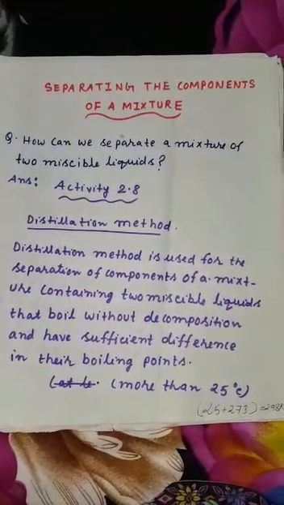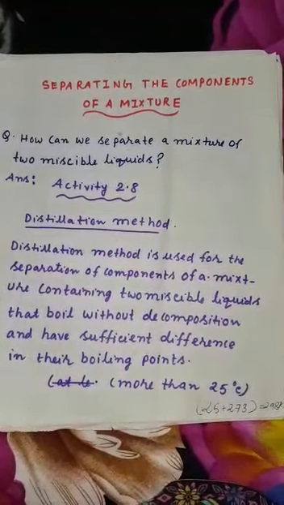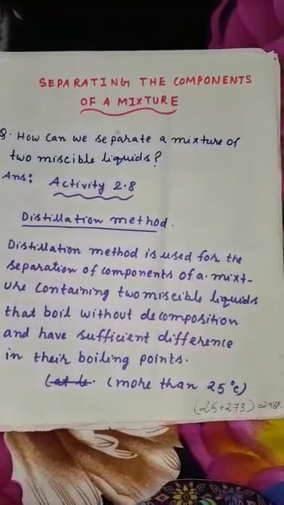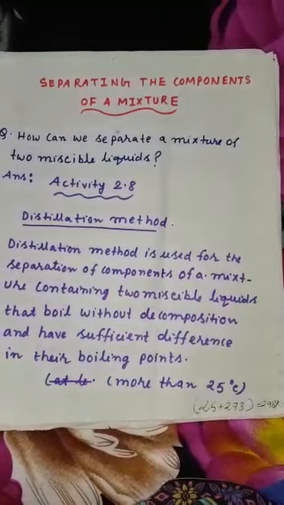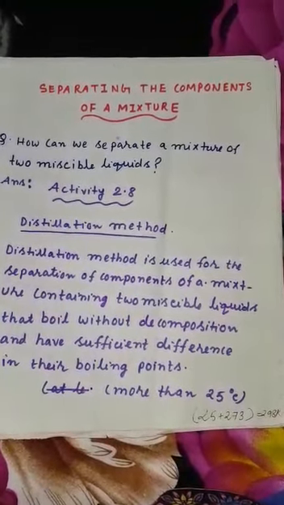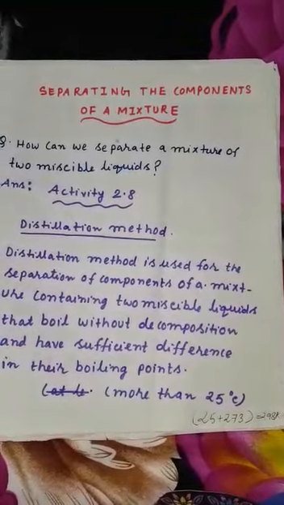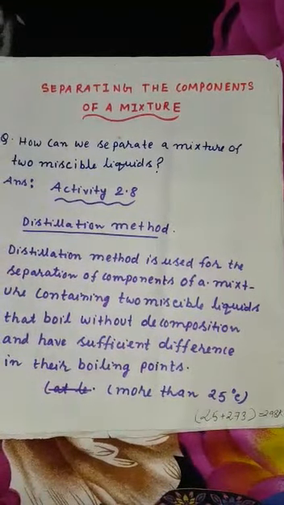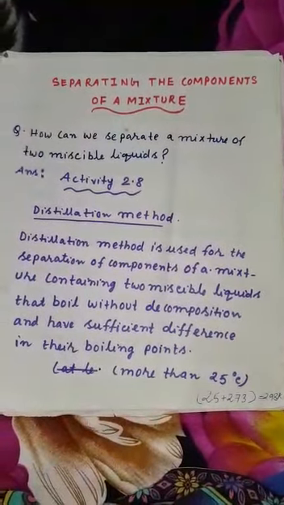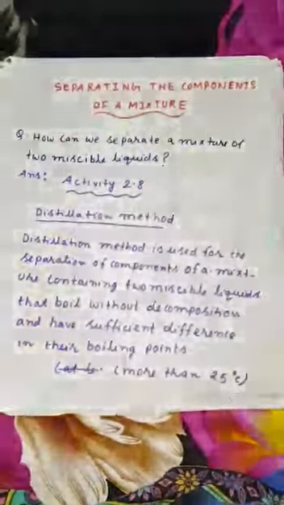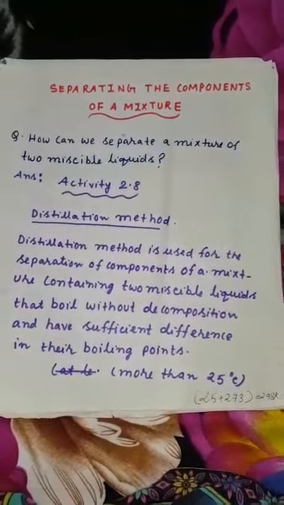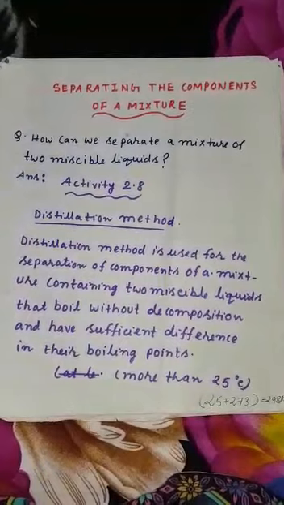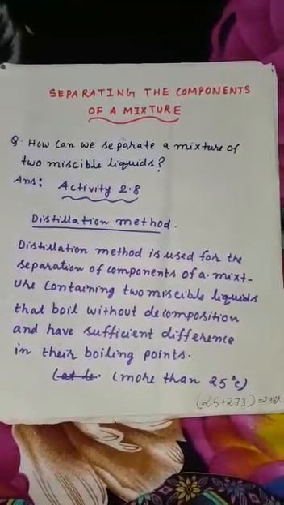So how will we use this method? Let us take a mixture of acetone and water. We will mix these two liquids to make a single solution and put it in a distillation flask. Now we will fit it with a thermometer to check the temperature, obviously. Now we will arrange the apparatus as shown in figure 2.9. In the figure you will see that there is a water condenser. What is the work of a condenser? It will condense the vapor to liquid again, because we will heat it.